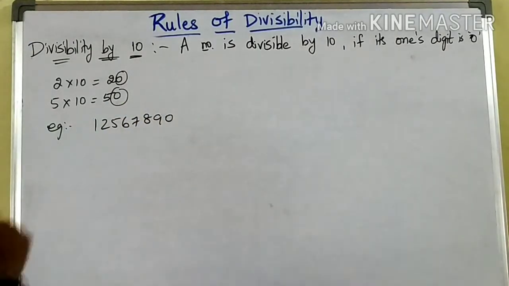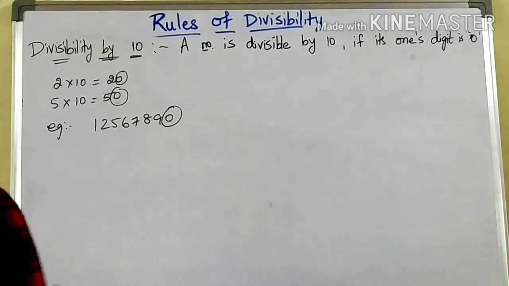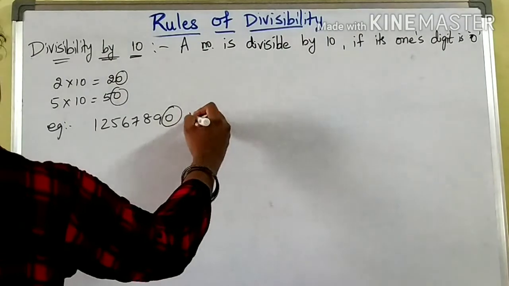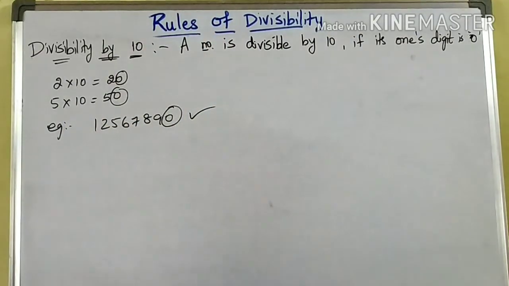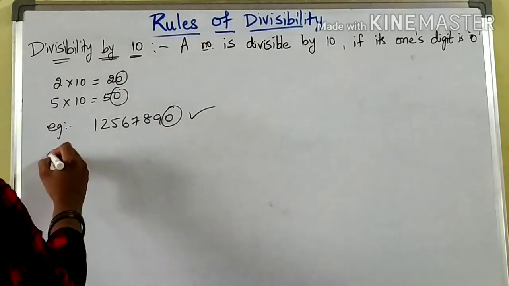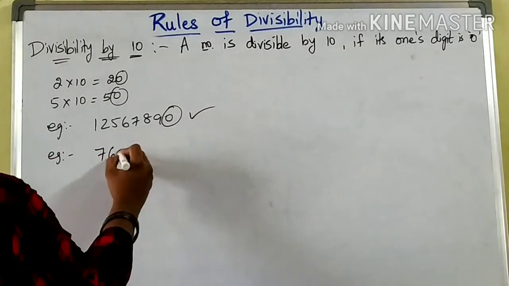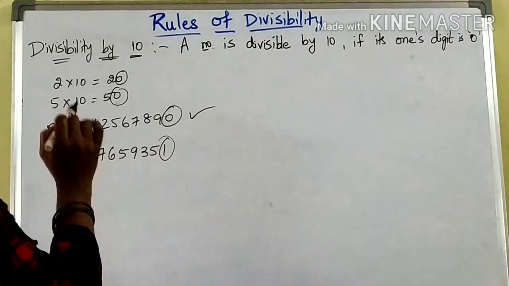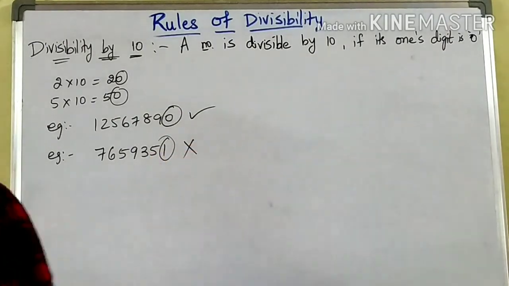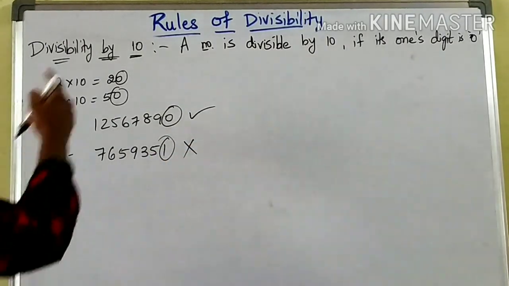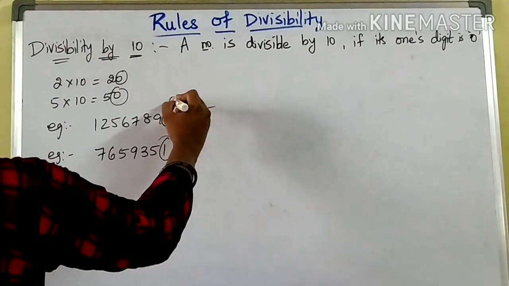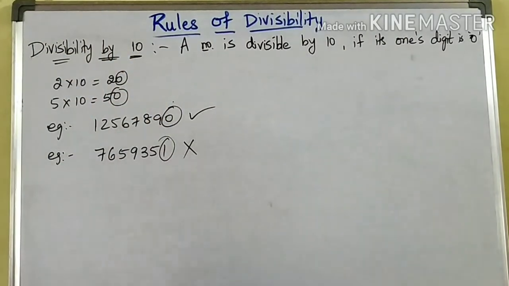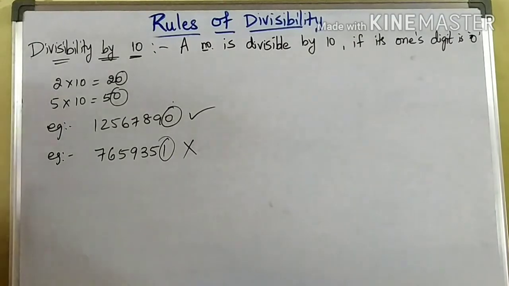this is the number. Is this number divisible by 10? Yes. By seeing the ones digit, what is the ones digit here? 0. I can say blindly that this number is divisible by 10. If I take another example, is this number divisible by 10, children? What is the ones digit here? It is not 0. Then I can say that this number is not divisible by 10. When the last ones digit is 0, then I can say that the whole number is divisible by 10.